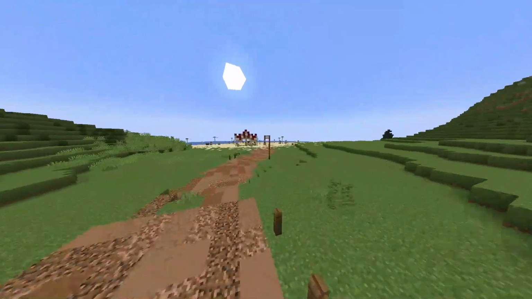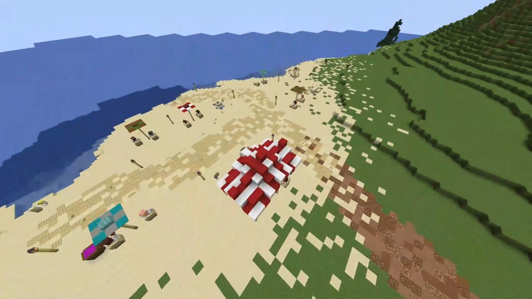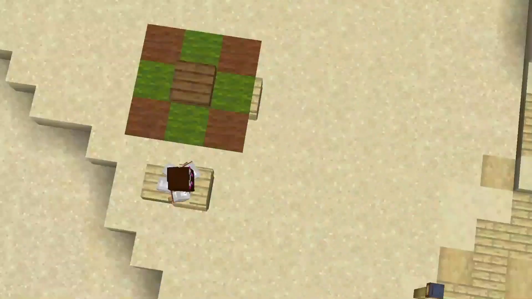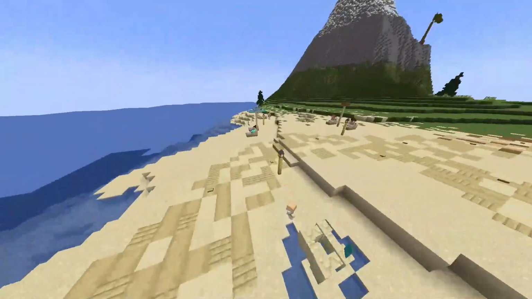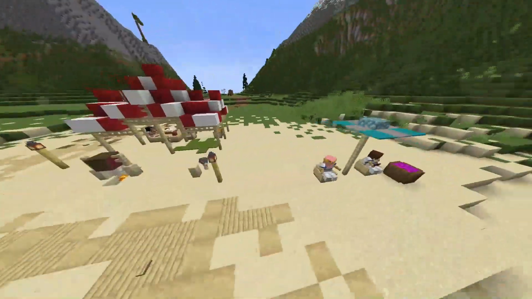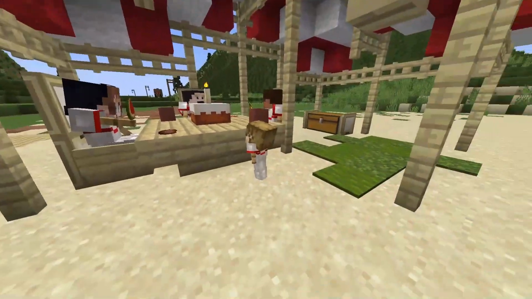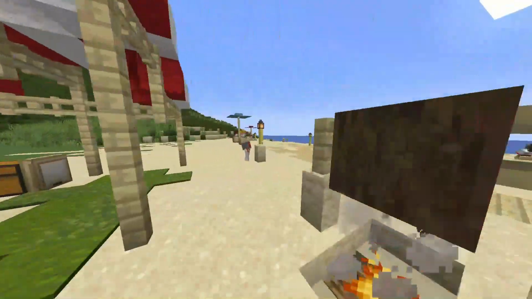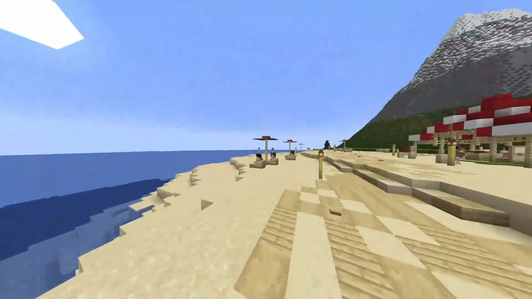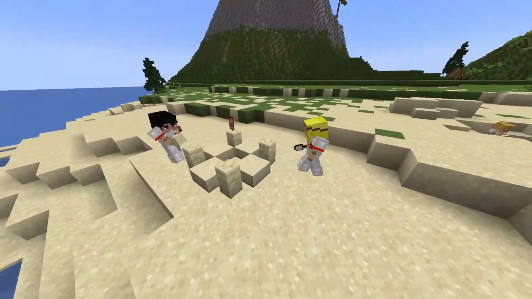Got the beach, which is one of the places with the most armor stands so far. Basically, we have 3 teams. We have the red and white one, we have the cyan and gray one, and we have the brown and green one. These 3 different teams I mainly created just to help with the armor stands, because I have so many armor stands. Basically decided that each one would have specific rules for what players I can use for the armor stands. This one's only Hermitcraft members, this one's only JavaSCP members, and then this one is basically anyone else. Just so I can put whoever heads I want for it.